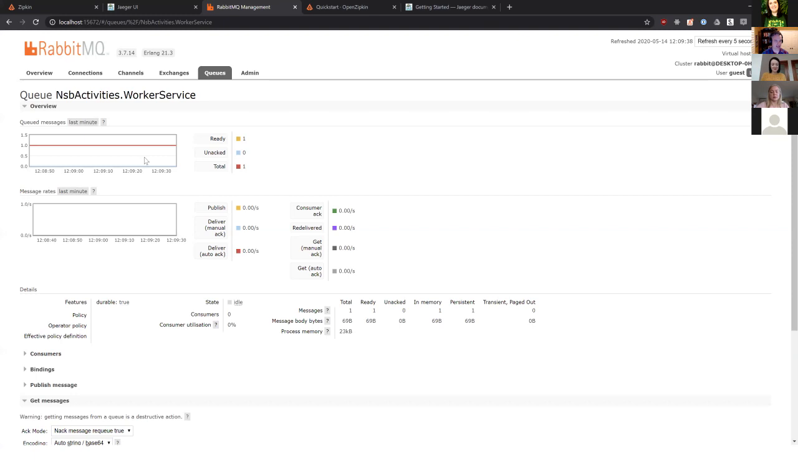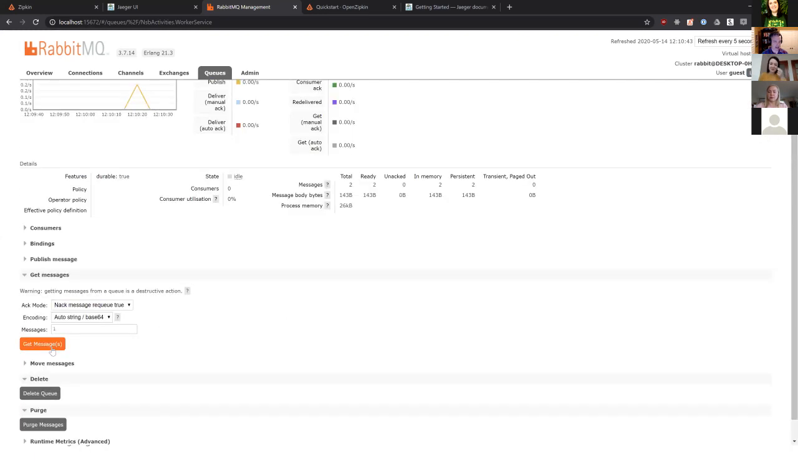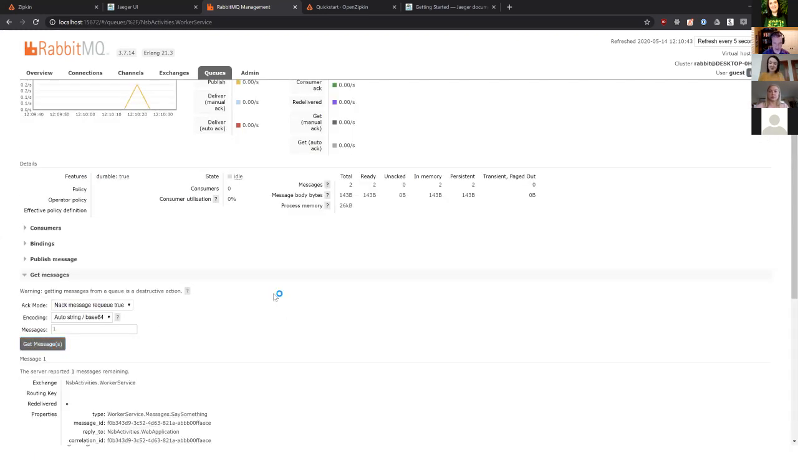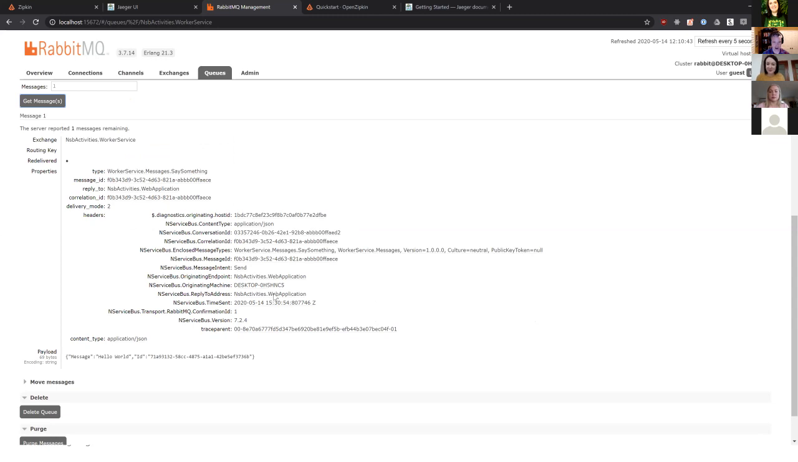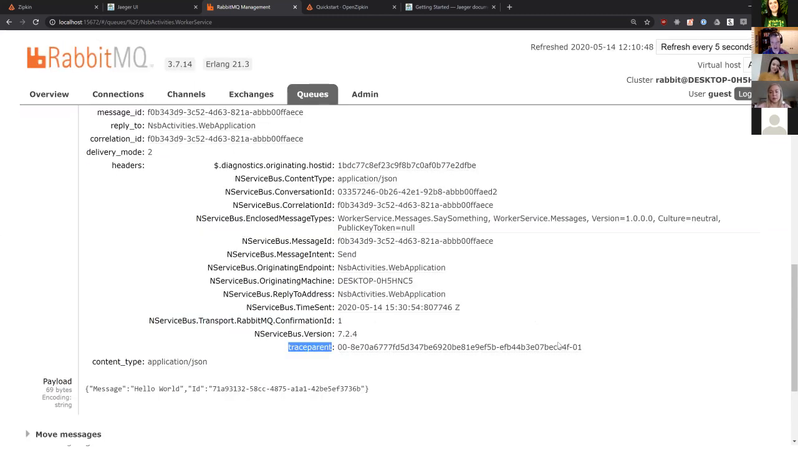RabbitMQ, and we can see some messages in the queue. So this is our worker service queue. It has 2 messages, one's from previous in the day. And if I get the messages, we can see down here, yep, here is our trace parent header, which is in the W3C trace parent format, that is being propagated out now to all my communication through messaging and receiving and then propagating it out again as well. So let's go ahead and stop this